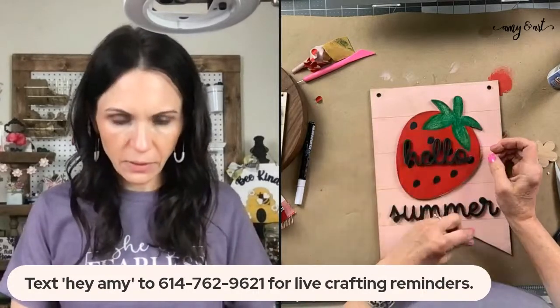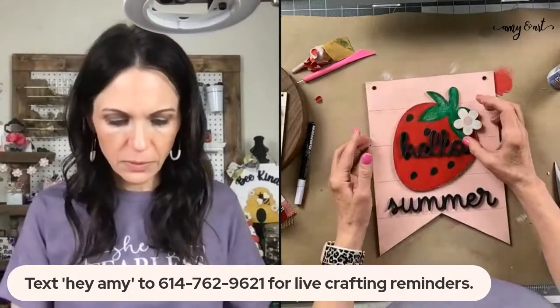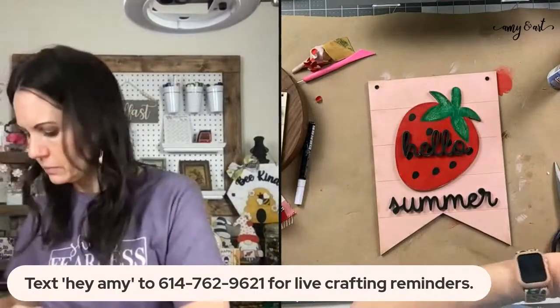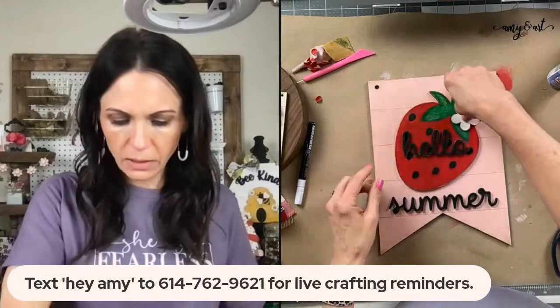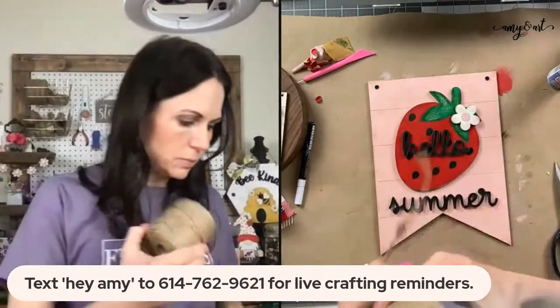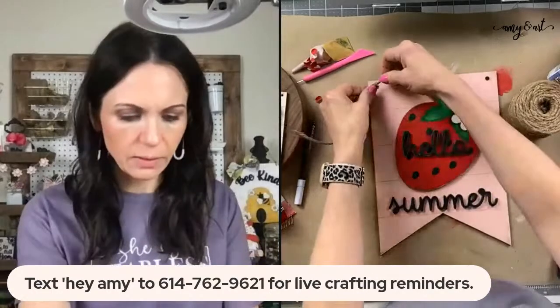It's hard to see the hello on the camera, but I can see it with my eyes, right here. I'm going to put this here and the bow here. Oh, Lord, I got way too much glue on that. Okay. So I'm going to put my hanger on, and then we're going to finish up the bow and attach it. It's like thicker, but